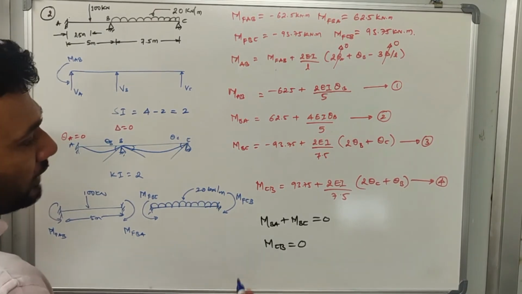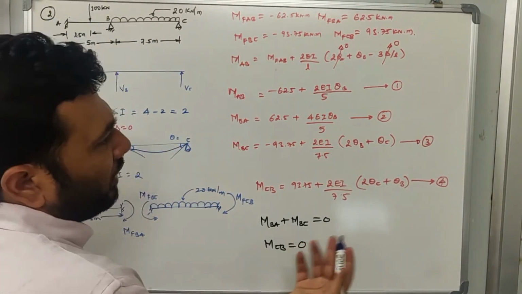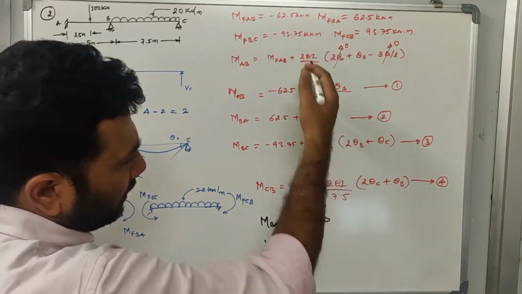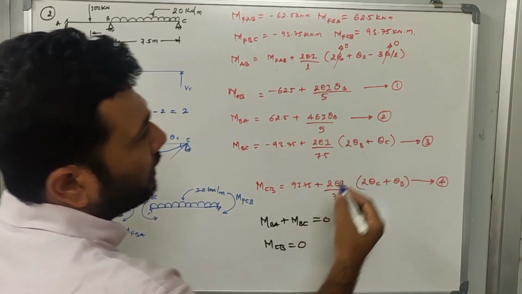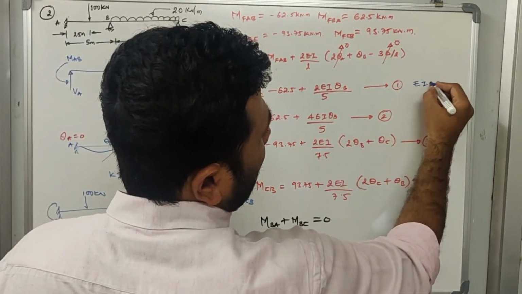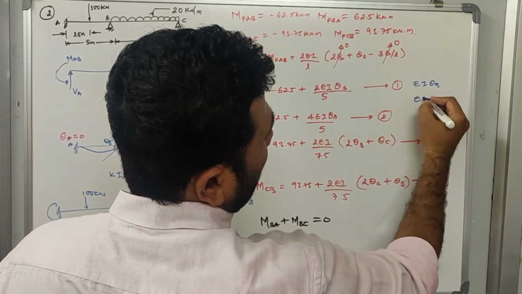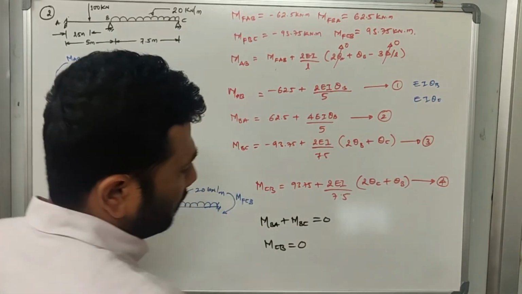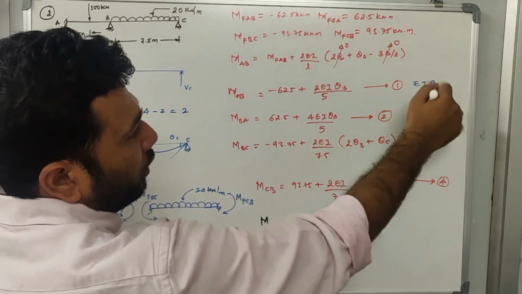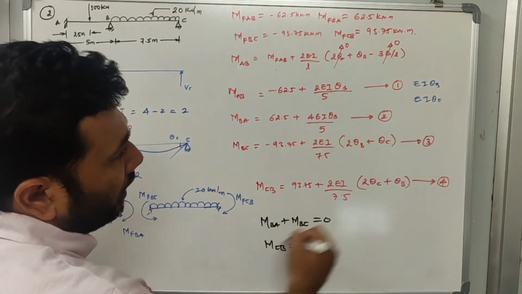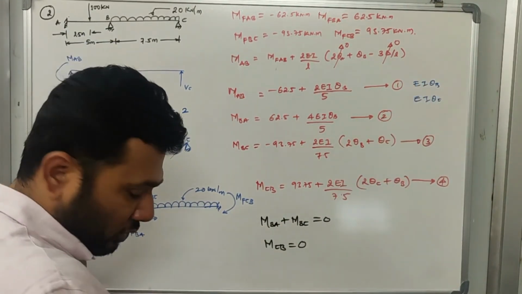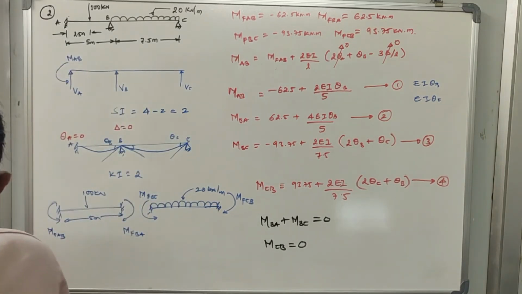Okay. Next what we do is, we'll try to identify what are the unknowns that we have in these four equations. What are the unknowns we have? We have the unknown EI theta B, and we have the unknown EI theta C. So we have two equations and two unknowns. We can be able to solve these two. Okay. So first thing first, let us take these equations and we'll simplify them and we'll solve it.